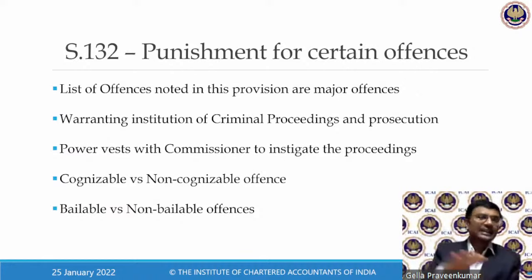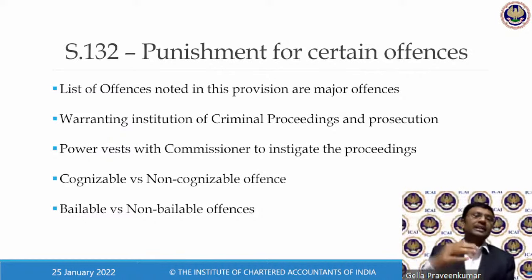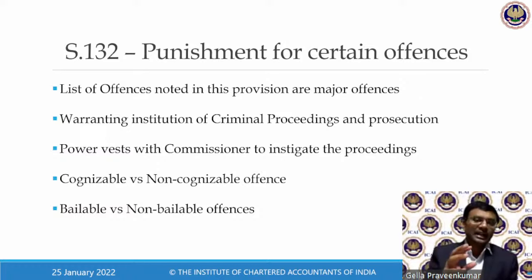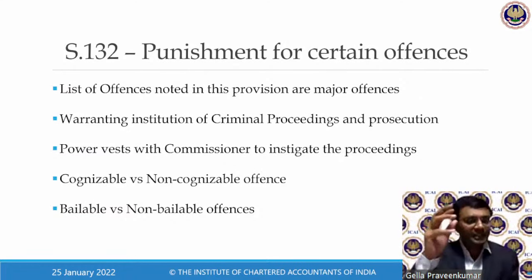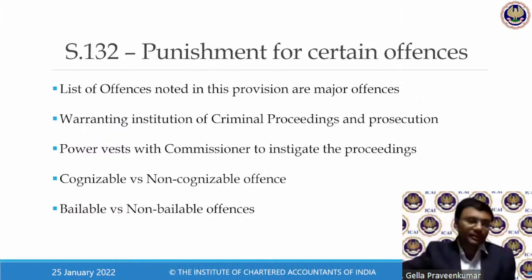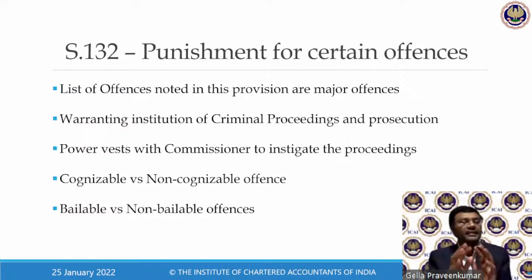This Section 132 gives a list of offences having a severe exposure to criminal provisions. The Criminal Code of Procedure, CrPC, will be invoked for the purpose of your arrest without a warrant. Offences which are cognizable mean offences where there is no bail and no warrant; even without giving a notice, the person can be arrested and produced before the magistrate. And there are certain offences which are called non-cognizable offences, meaning offences where bail can be granted. Example: